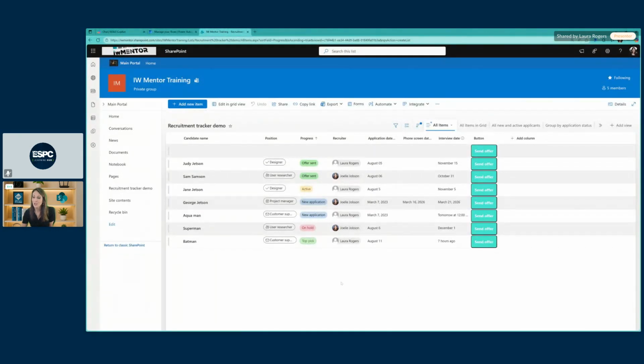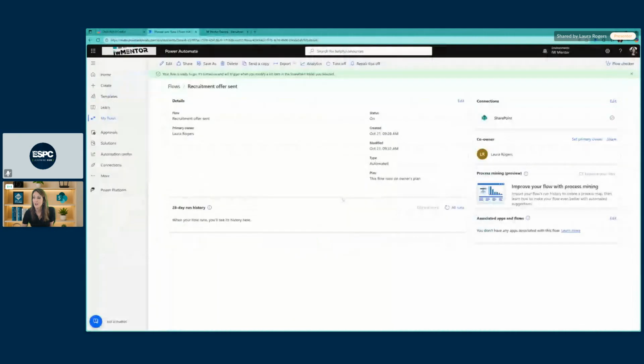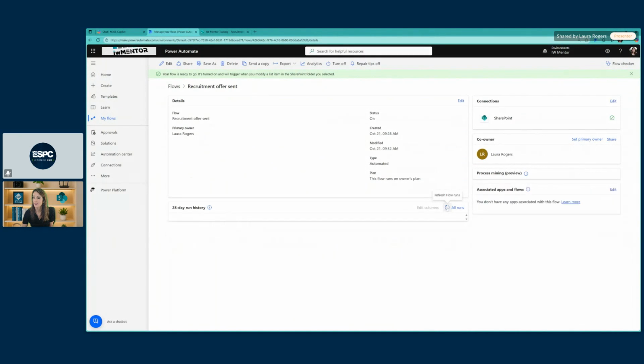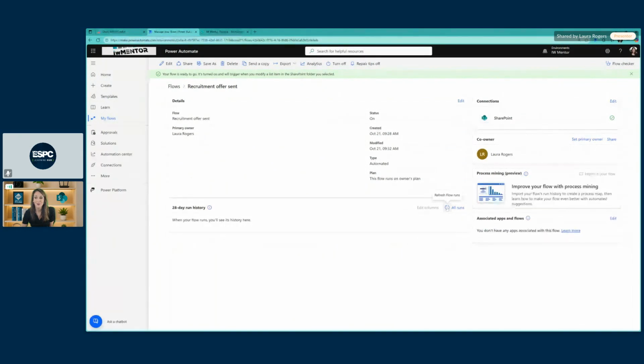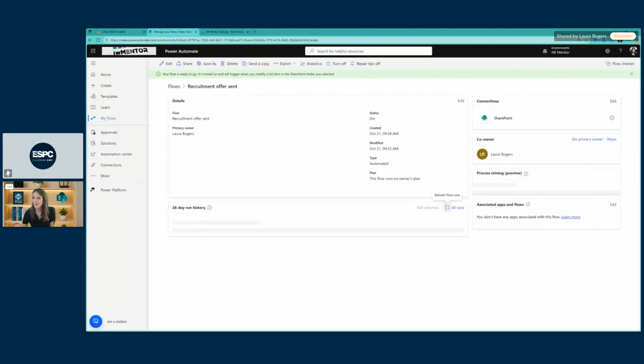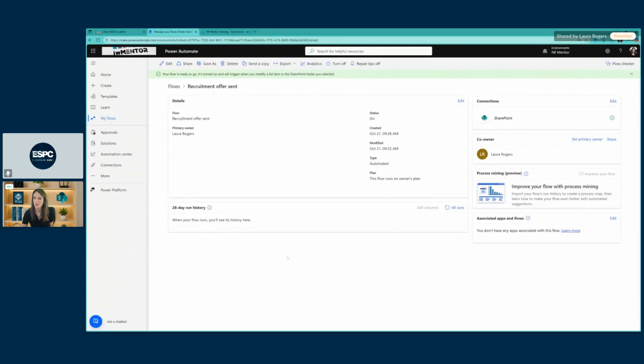So the next thing that we're going to talk about, you're probably wondering, okay, if the offer was already sent, then we don't want it to still say send offer. So that's going to be the next part of the slides, the conditional formatting concept. I just wanted to see and show it running before I go to the next slides, but I might just have to get back to it in a few minutes. Yeah, let's just do that. I'll just go do a couple more slides and then we'll come back and check on it.